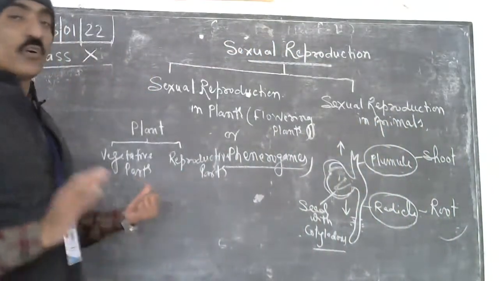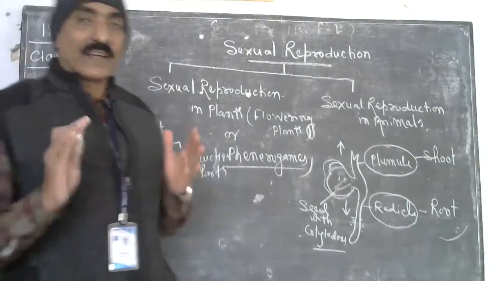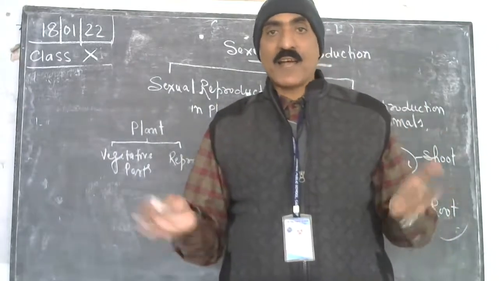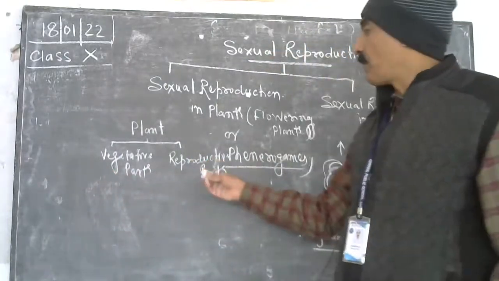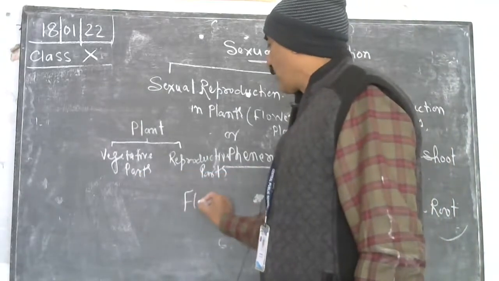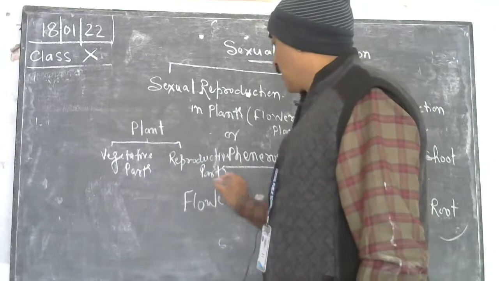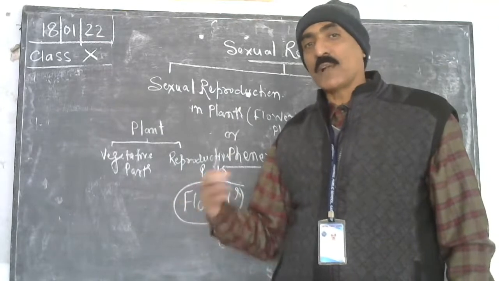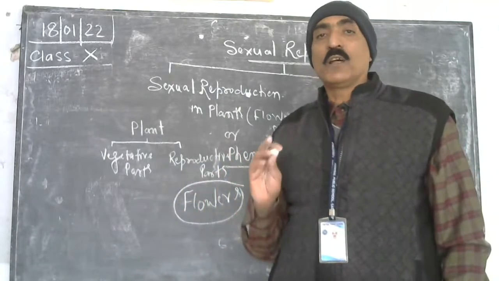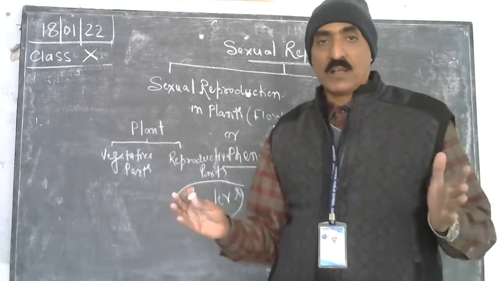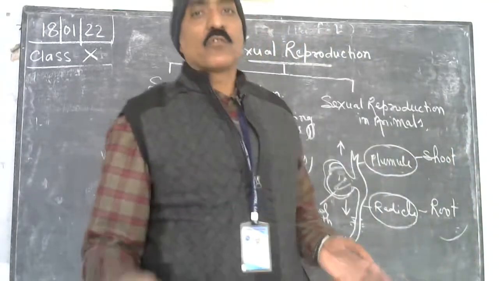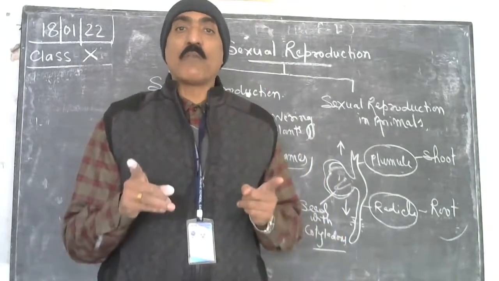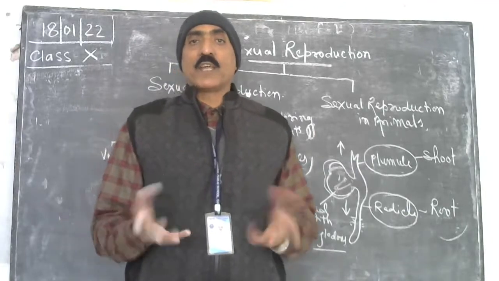तो वेजिटेटिव पार्ट्स आर दोज व्हिच हेल्प द प्लांट टू एंकर, to support, to get rid of the water, transpiration as well as. और दूसरा क्या हुआ? रिप्रोडक्टिव पार्ट। तो प्लांट्स में रिप्रोडक्टिव पार्ट्स के रूप में आता है कौन? दैट इज कॉल्ड फ्लावर्स। तो फ्लावर इज द रिप्रोडक्टिव पार्ट ऑफ द प्लांट्स। If we consider sexual reproduction, we will be required to know about the flower. तो अब हम लोग आज जाएंगे कि फ्लावर क्या हुआ। व्हाट इज द रिप्रोडक्टिव पार्ट ऑफ द प्लांट्स? दैट इज द फ्लावर।